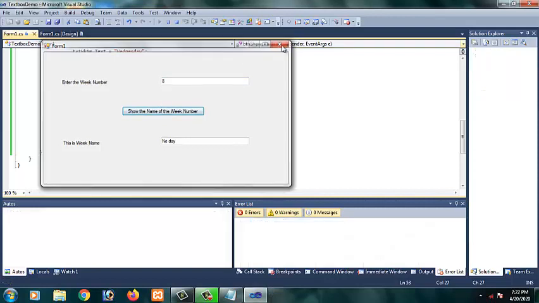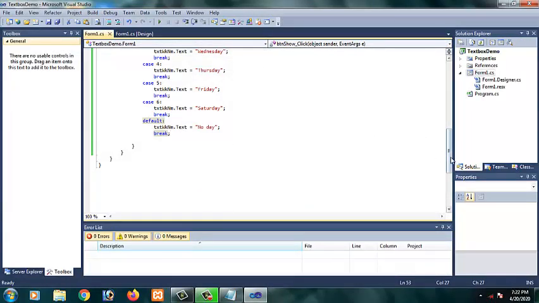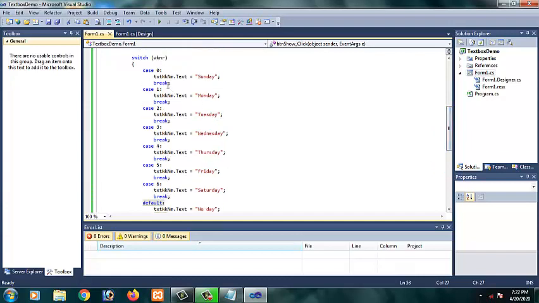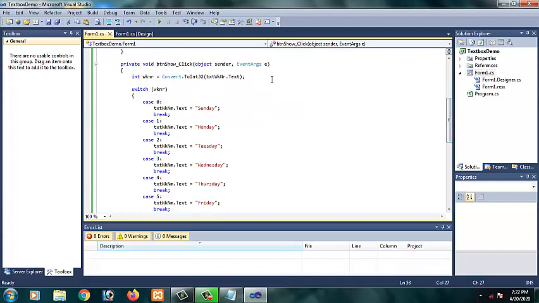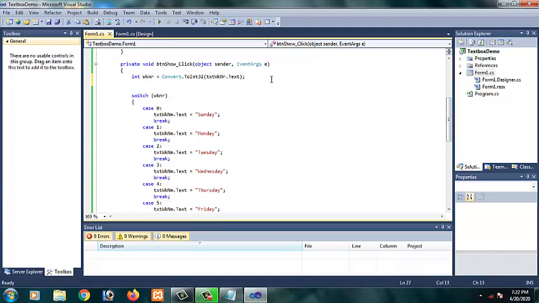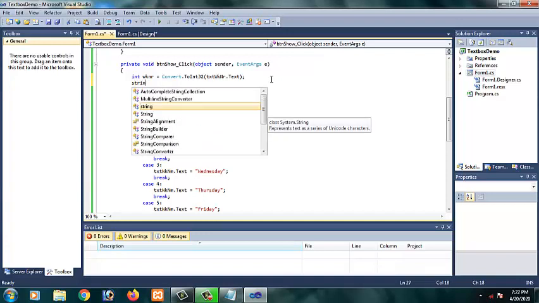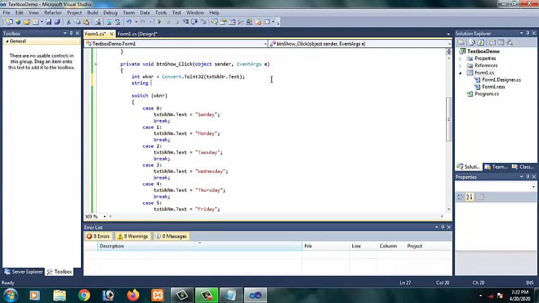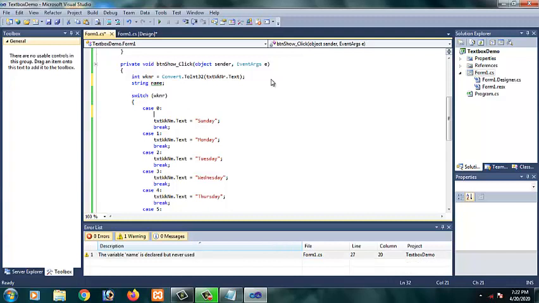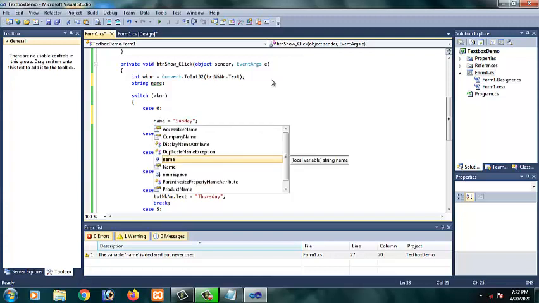That's it. One more thing I want to say here is, instead of giving this text week name dot text each time, I can assign it to a variable. Let me declare it as string, because it is going to hold a string value only. String, giving it as name. So instead of giving it each time, I can give it as name.